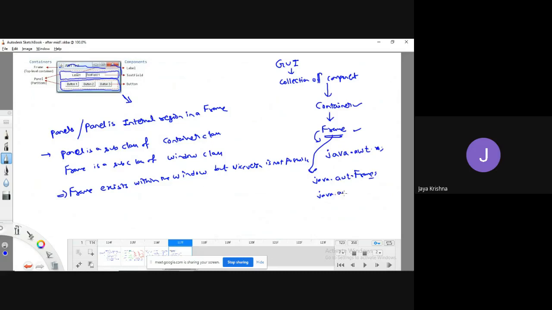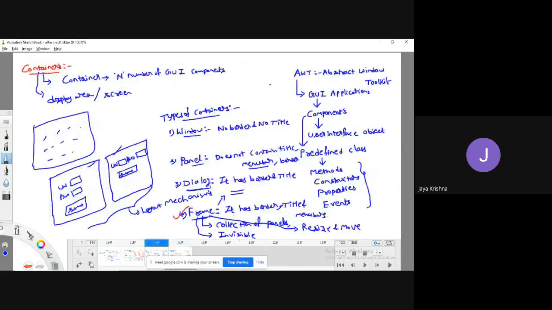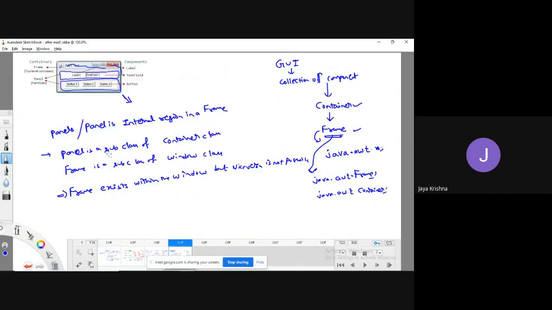If you want to see the profile of container, java.awt.Container. Why am I saying that I would like to create a frame? Because it has border, title, menu bars. I am able to move and resize it. I am able to implement a collection of various kinds of complex operations with the help of panels. All these features are there in the frame.